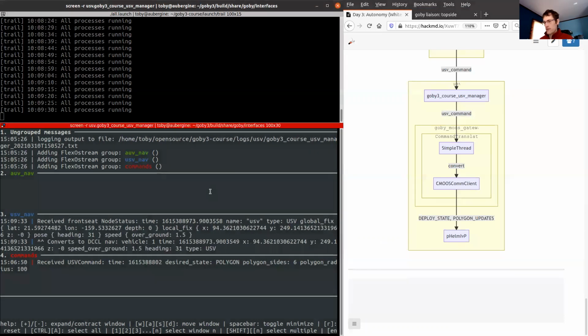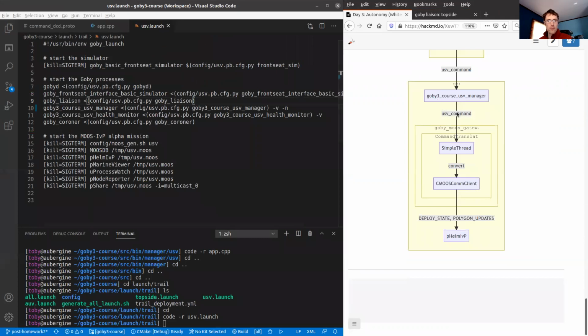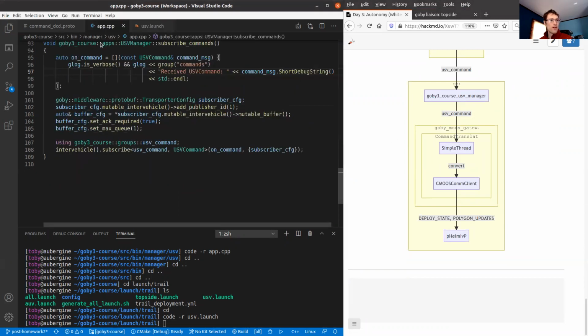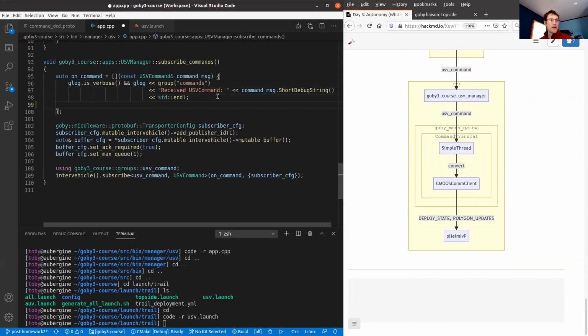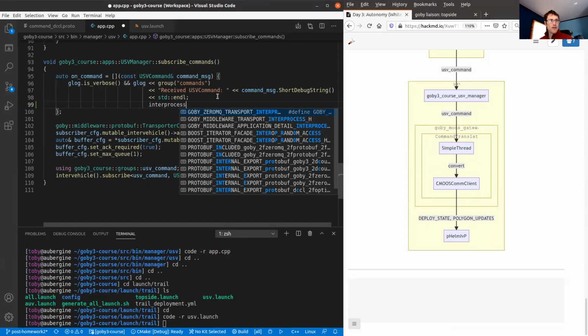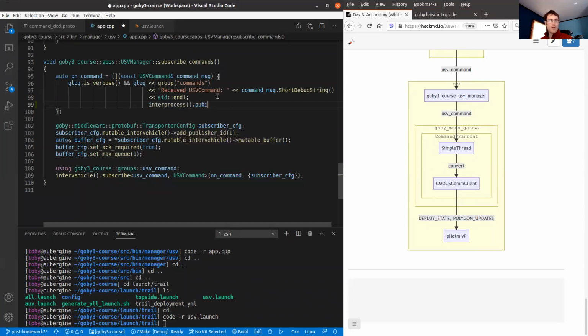So the first thing to do this is then we need to republish the USV command out of the USV manager so that it can be picked up by our new command translation. So if I go to the USV manager's app.cpp, inside of this on command callback lambda, I can republish this USV command.